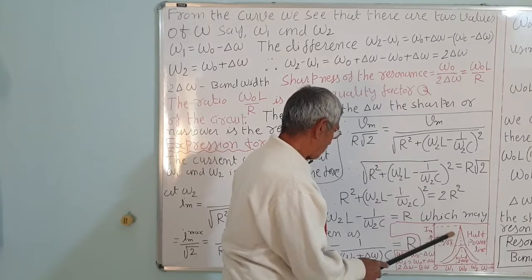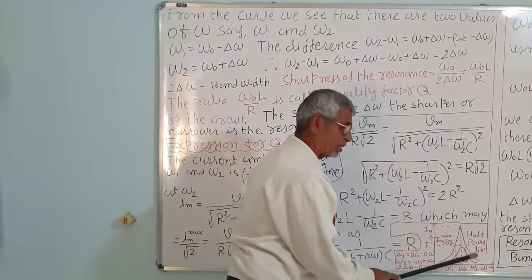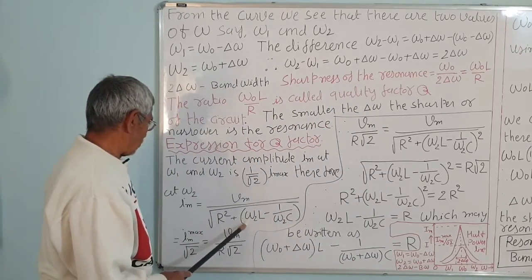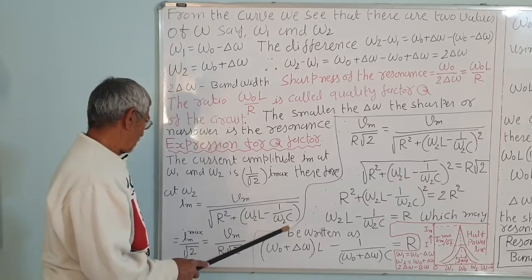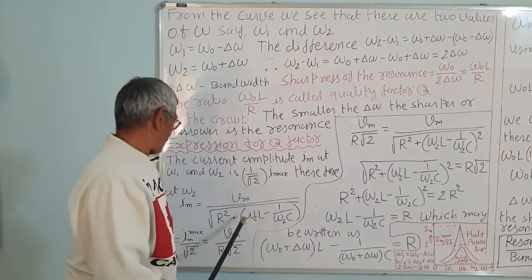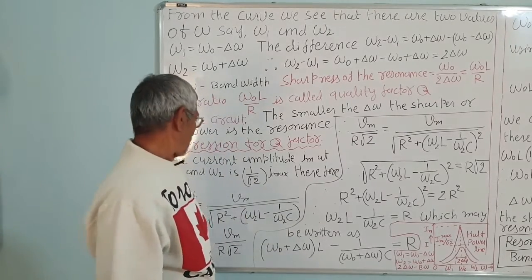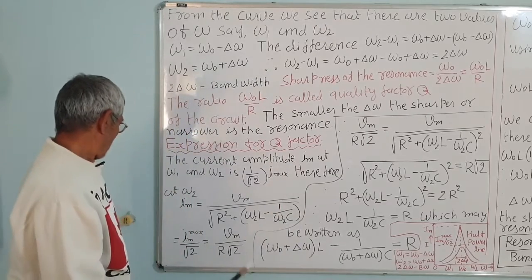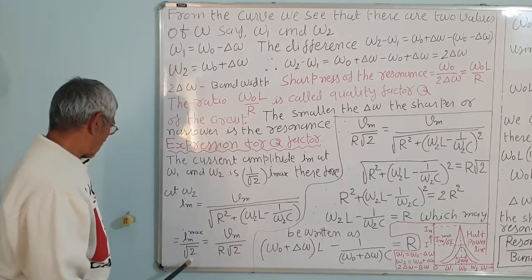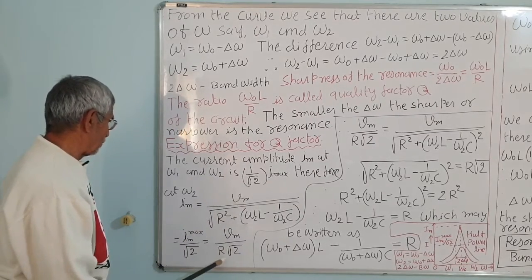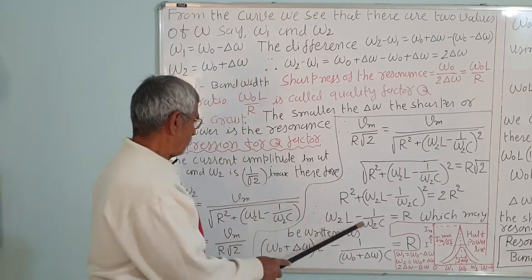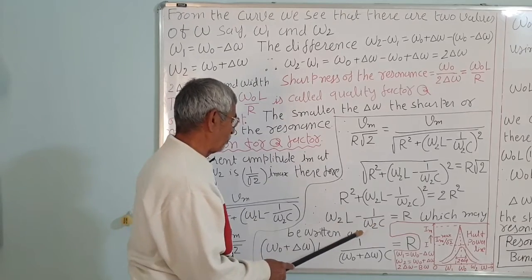This other portion is a capacitive circuit. We have considered this portion; you can take any portion. When we consider the inductive circuit, the impedance is under root R square plus the bracket omega 2 L minus 1 upon omega 2 C, squared. So voltage upon total opposition is equal to current. I maximum upon under root 2 is equal to this. At resonance, omega L minus 1 upon omega C is 0.